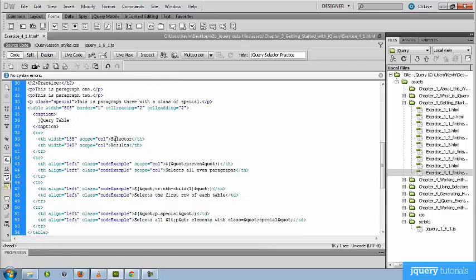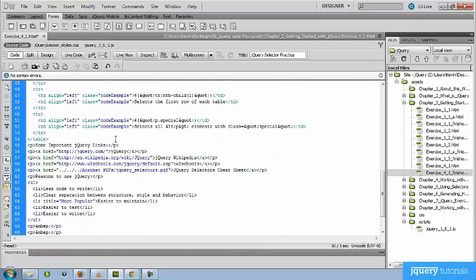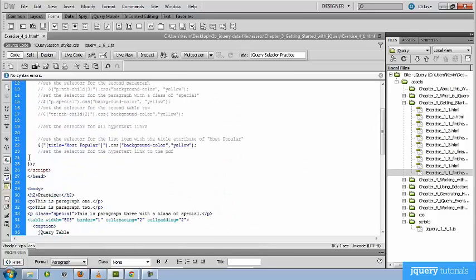So if you scroll down a bit, you'll see several hypertext links, many of which point to websites, including jQuery's jQuery at Wikipedia, W3 Schools jQuery page, and finally the last hypertext link, which links not to a web page but to a PDF file. So let's get our cursor underneath the comment